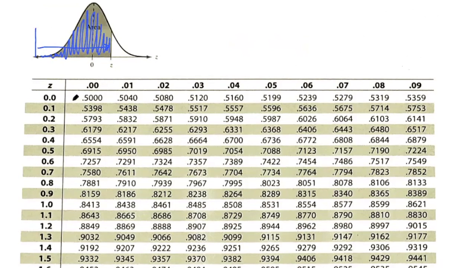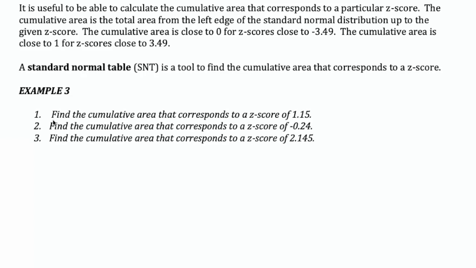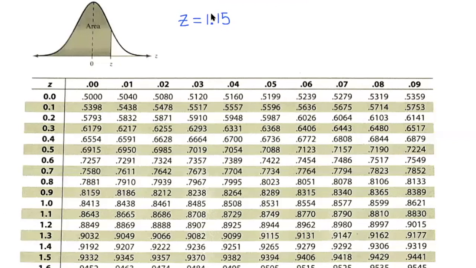I'll show you in this example how to use this table. Number 1 says, find the cumulative area that corresponds to a z-score of 1.15. I'm going to go to my table. I'm looking for a z-score of 1.15, so I want to be on the part of the table that has the positive z-scores. And the way you look up information in this table is you look up the first 2 digits of the z-score, 1.1, and find the row that has those digits. And then you look at the last digit, which in this case is a